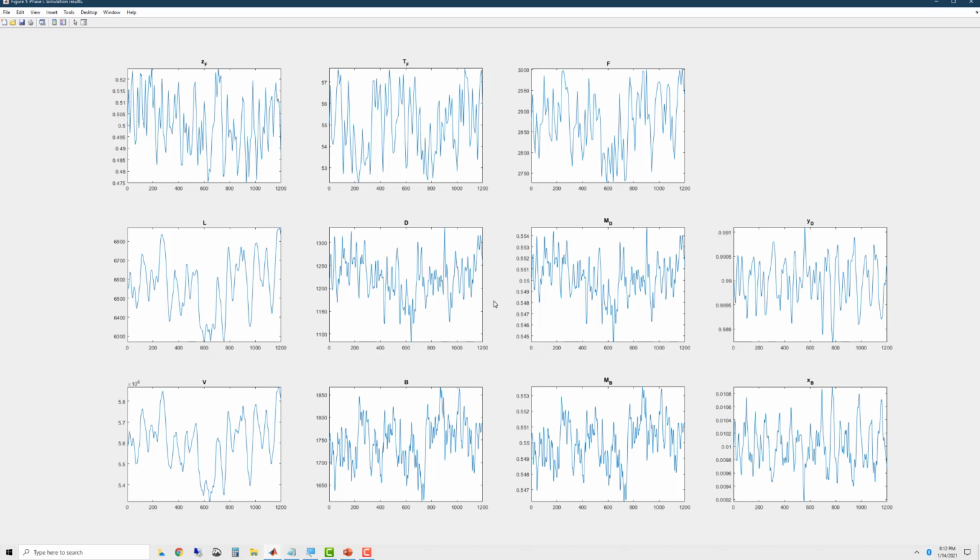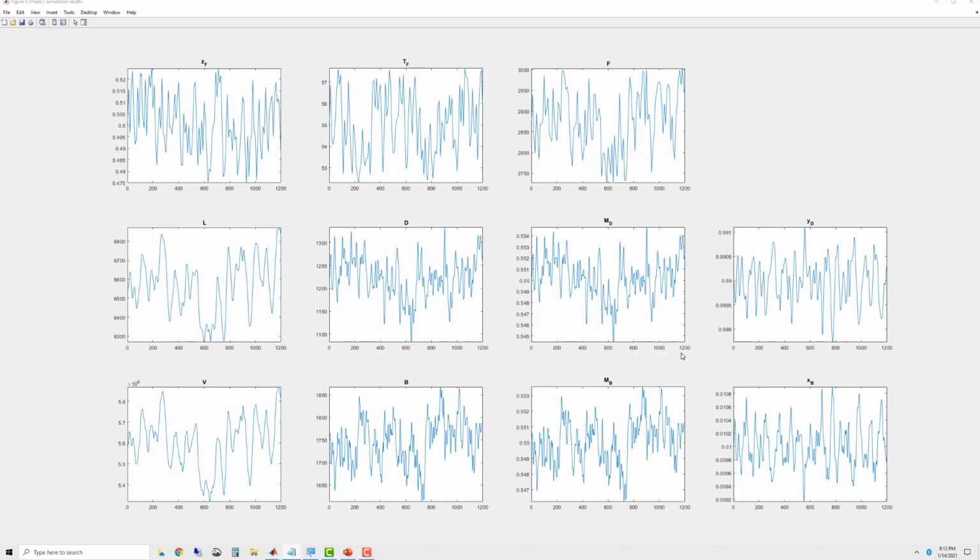So this is what the process data looks like. Each of these represents a particular process variable. For instance, this is the quality of the feed, this is the temperature and the feed flow rate, and so on and so forth. We had specified a simulation time of 1200 points, and we can see 1200 points here. Remember that this corresponds to a simulation time of 600 seconds because sampling time is 30 seconds.